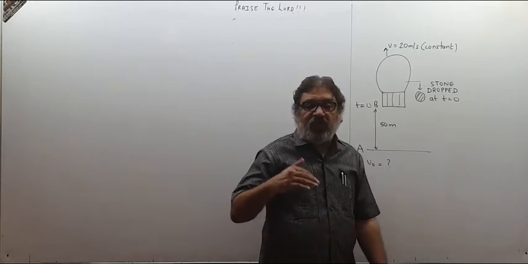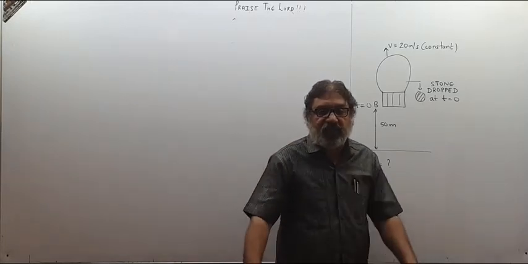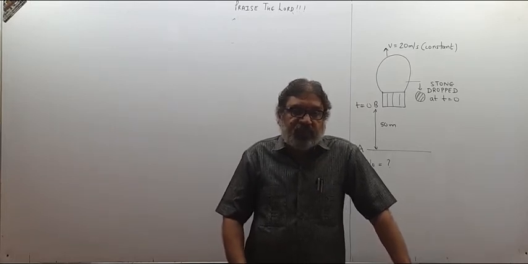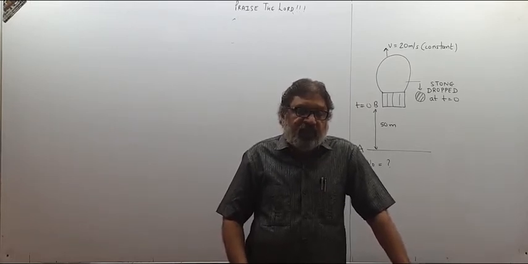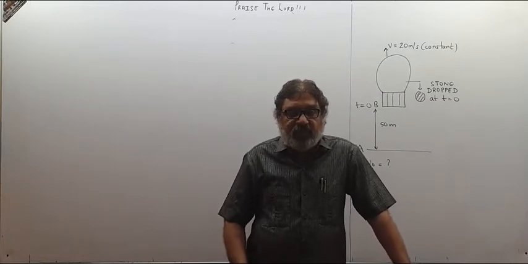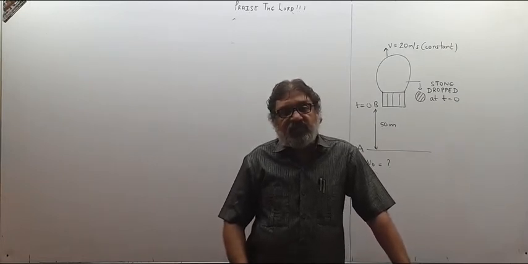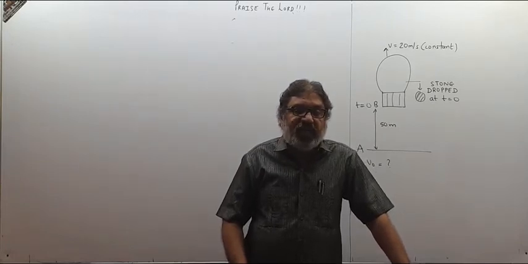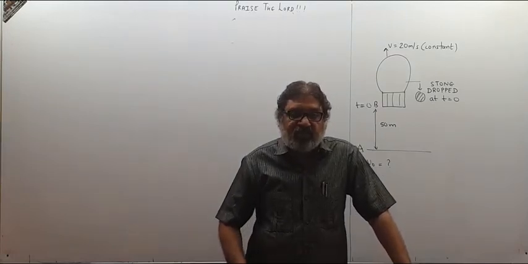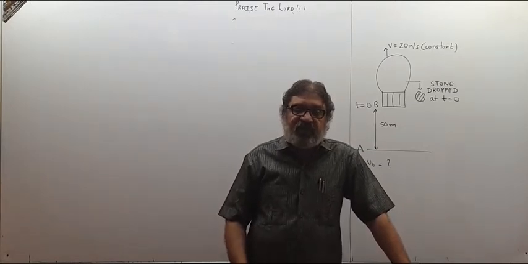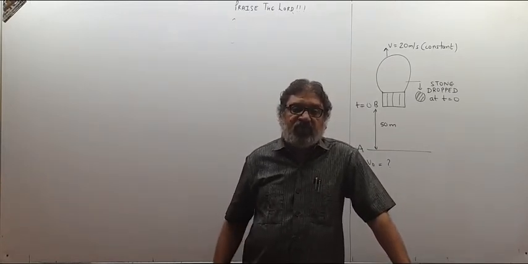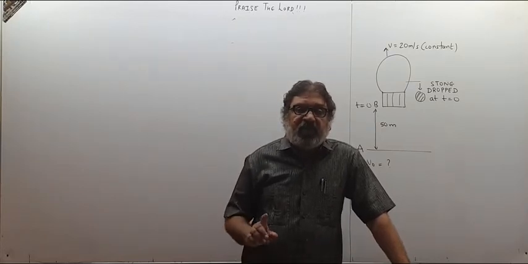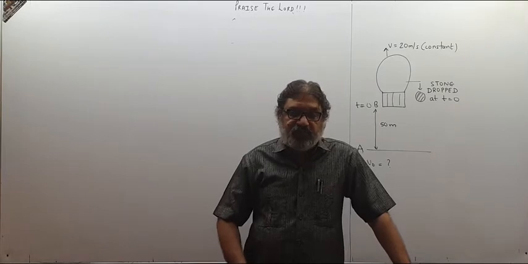Before separating, both the stone and the balloon were moving with zero acceleration, because they were going up with constant velocity. But as soon as they get separated, acceleration is not shared, means the stone will not have same acceleration 0 as that of the balloon at the time of separation. Its acceleration will immediately become g because now gravity is acting on it. But the velocity will remain the same only at that instant.